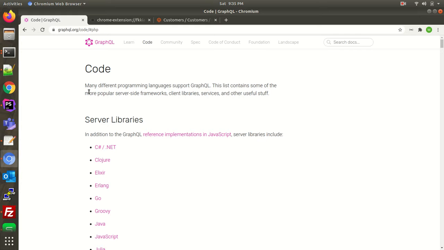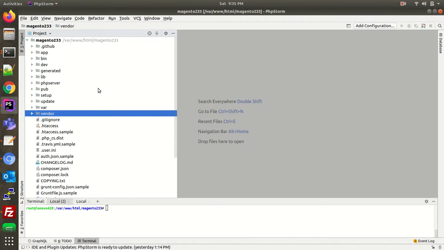Now we'll move to the GraphQL implementation in Magento, how Magento is using it. If I go to my PHP store, this is the Magento 2.3.3 which I have installed locally. Now what I'm going to show you is where we are getting the GraphQL part from. As you can see, in the latest versions of Magento we get an extension called GraphQL, which we can use.